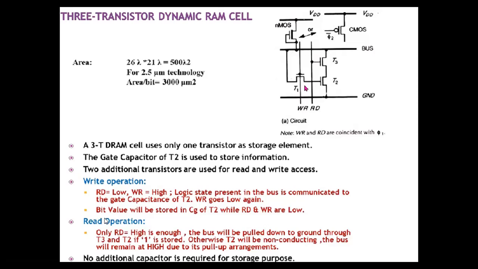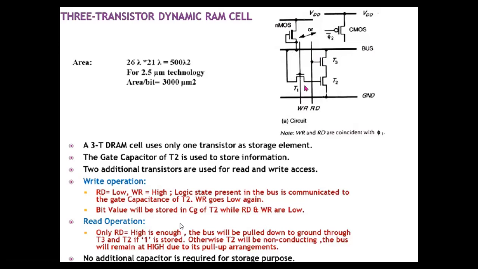Okay, so now going for the read operation. For the read operation, I want to activate the read signal, hence this T3 transistor will be on. And suppose T1 is also on, meaning T1 will also turn on T2. Hence the information on the bus can be discharged via T3 and via T2 to the ground. Suppose T2 is not turned on, meaning the information stored on the bus will be held as it is. Why? Because if T2 is turned off, this will act as an open circuit.